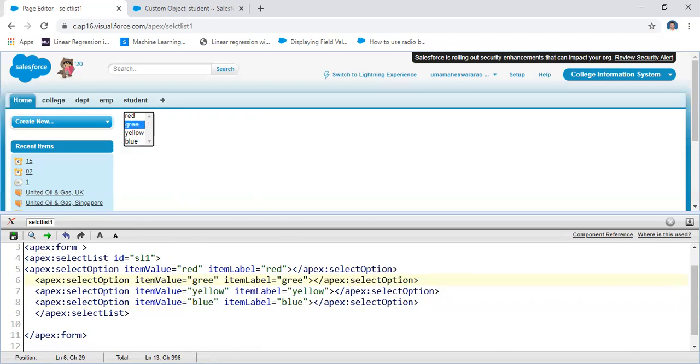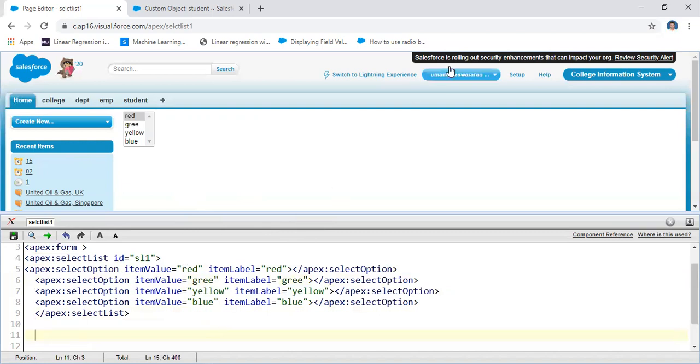Here you may take the options also. For this one, you will take the option or option list. In this way, for example, I'm going to select more than one value. Yeah, you may select this one. In this way you will execute the select list. This is some information about the select list.